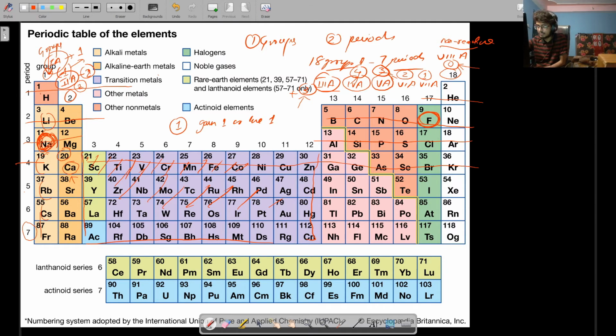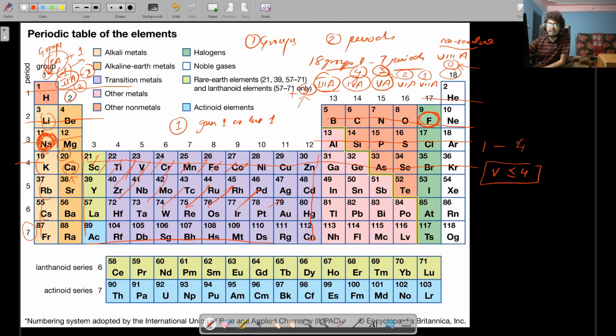The valency range that we should know as a 9th standard student, and even a 10th and 12th standard student, will be 1 to 4, right? And it'll never exceed 4. Valency will always be less than or equal to 4. It will not go greater than 4. So valency can be 1, 2, 3, 4 and not more than that. That is the end of the thing.